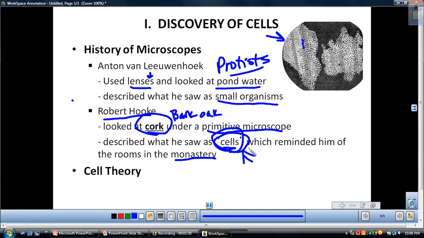It wasn't really anything scientific. It literally just meant where he was living. Okay, so the two scientists that I just mentioned, von Leeuwenhoek and Robert Hooke, they contributed to the development of